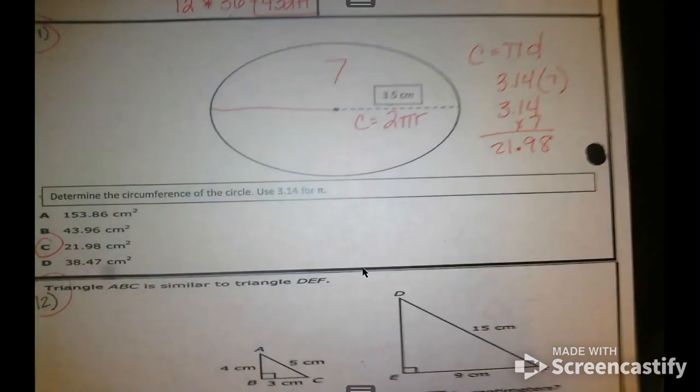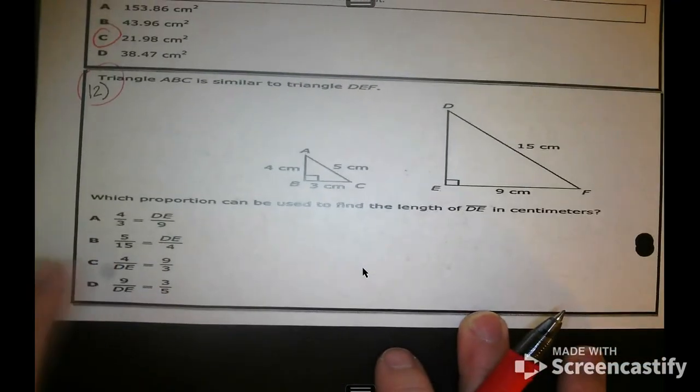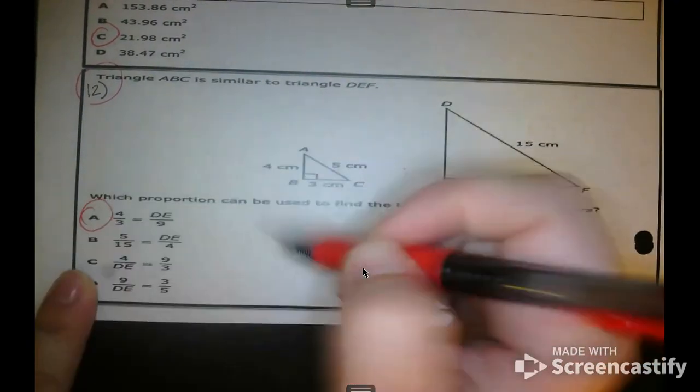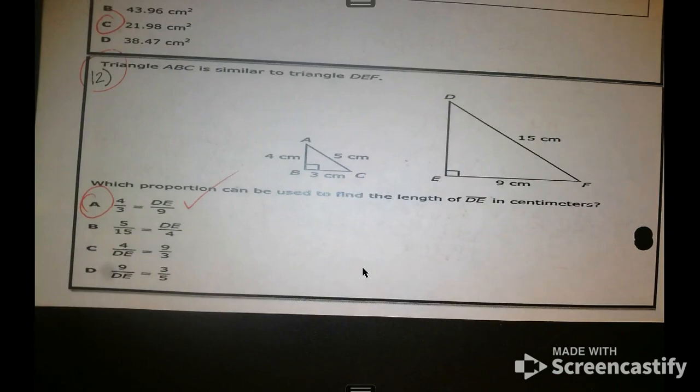Okay. This one, what'd y'all get? I got A. Good. Study. Yes. Study. If you need extra study practice, what